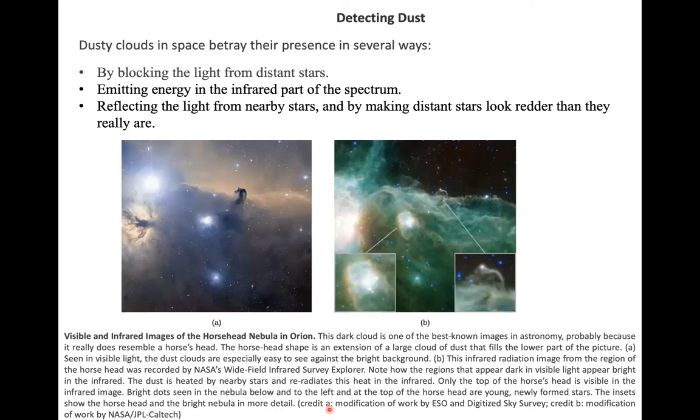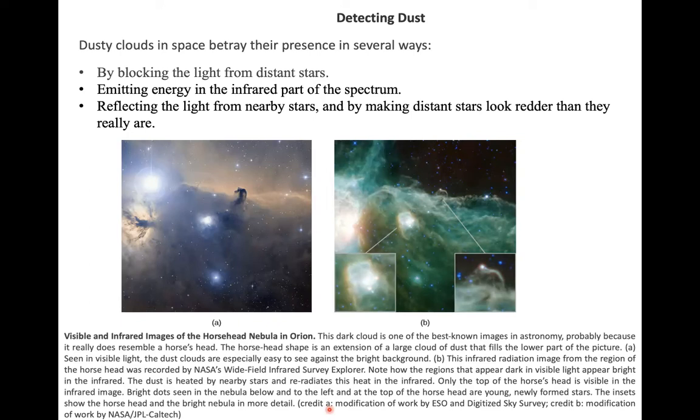Now here is how you detect them. I told you that clouds and dust are both in the interstellar matter, right? What we have talked about up to now is detecting molecular gas. Now here is a way of detecting dust. To detect dust, you have to look at a different wavelength, basically, because